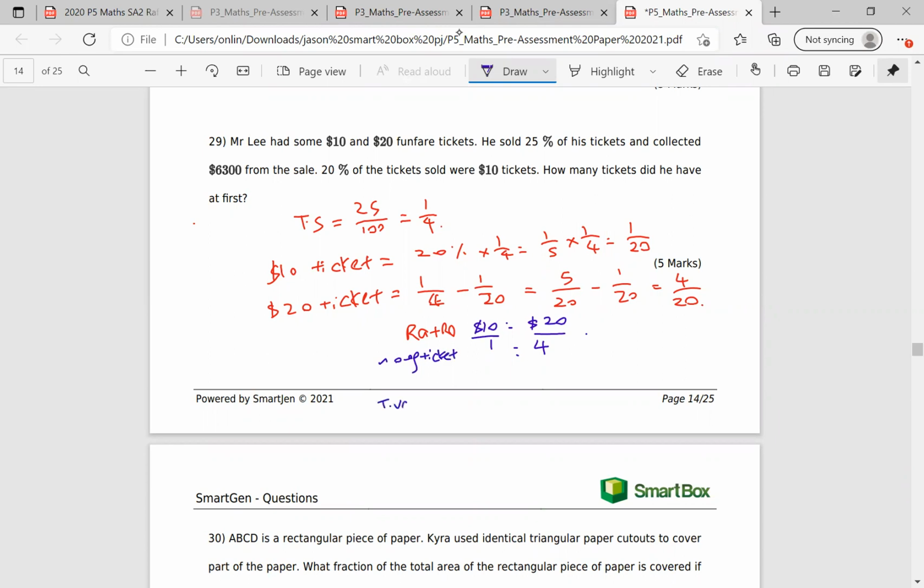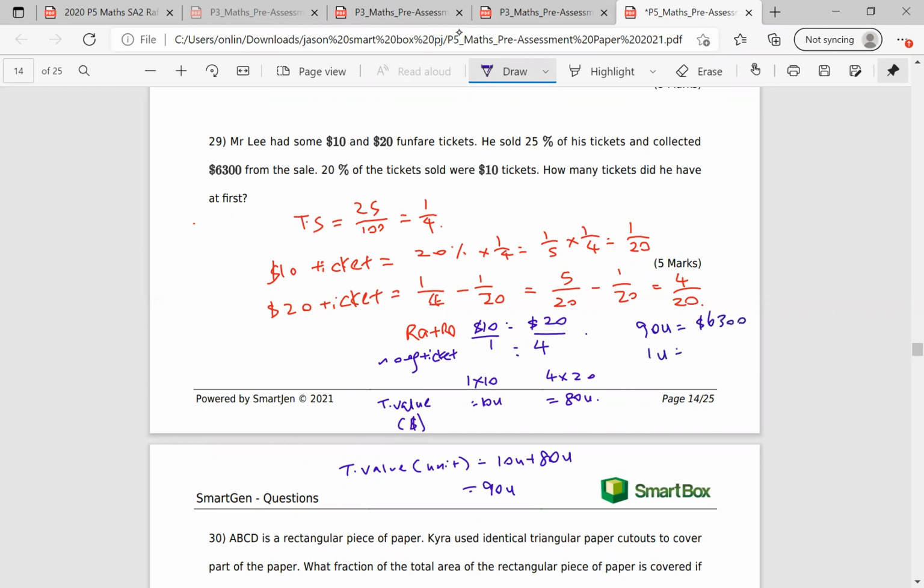The total value of the tickets in terms of units: we take 1 times 10 here, which equals 10 units in terms of money value. And then here will be 4 times 20, and I get 80 units. So what we have here is a total value of 10 units plus 80 units. So it's 90 units. So we have 90 units equals